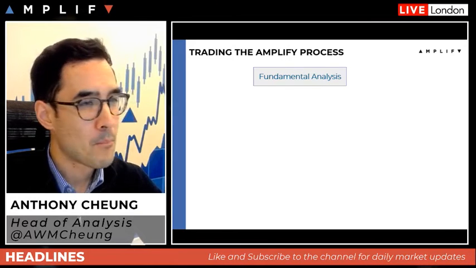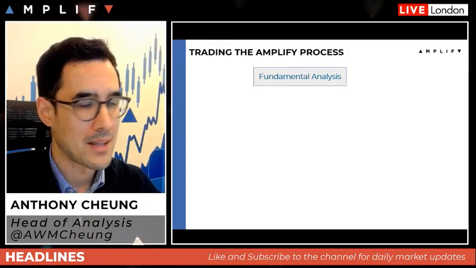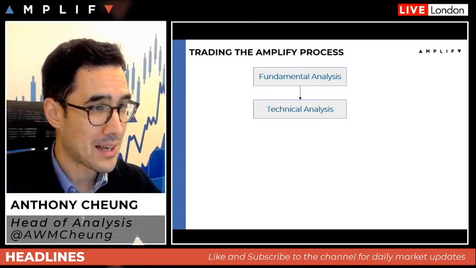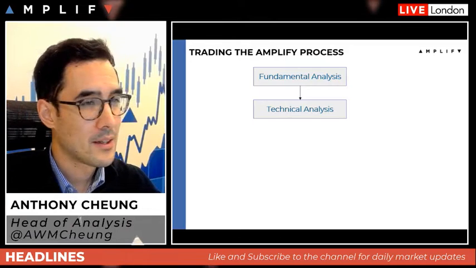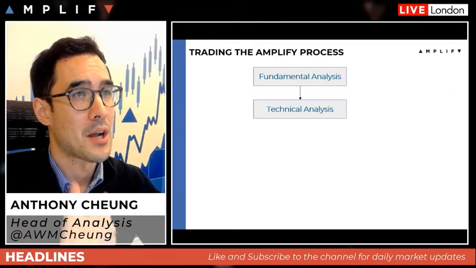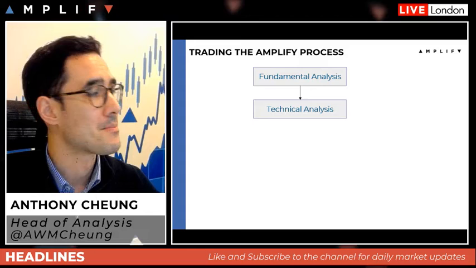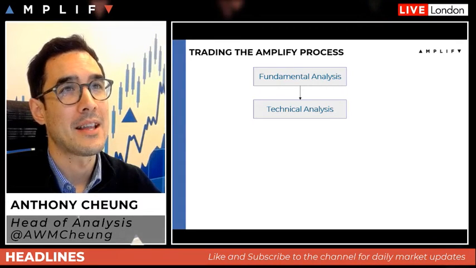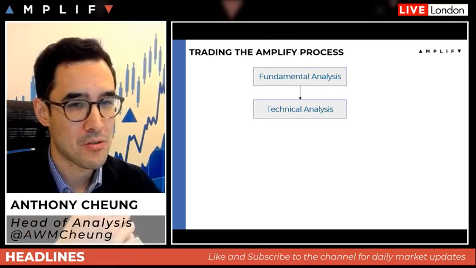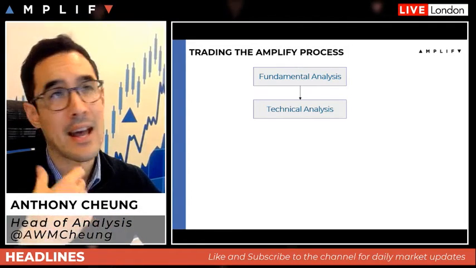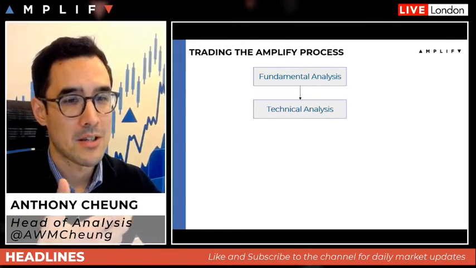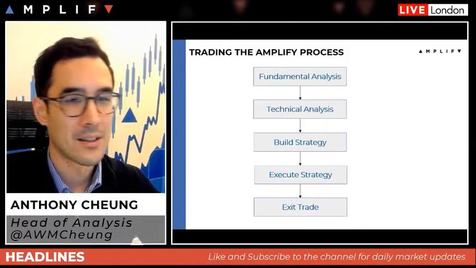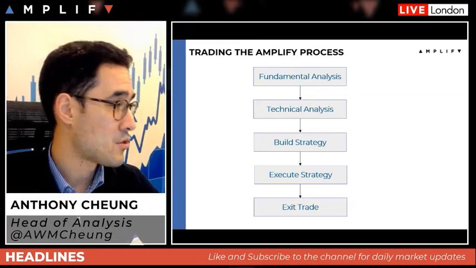So for us, all of our trading decisions start with a fundamental analysis idea. Then we have technical analysis. So fundamental analysis gives us a direction of which markets or asset prices might move, but we cannot place a trade without identifying what's the maximum point of entry, where's the stop loss, how do we calculate risk with our trade, and so on. And that comes then to build the strategy and execute the trade, and eventually exit that trade.